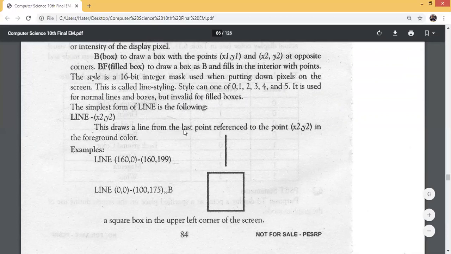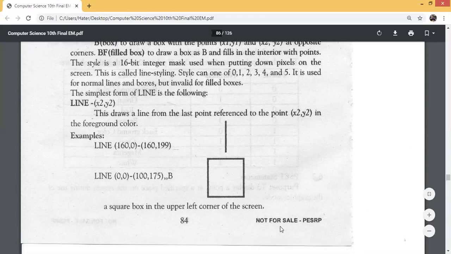अब ये लाइन x2 y2 से क्या होगा, ये आपकी लाइन जो है वो ड्रॉ हो जाएगी. ठीक है, ये आपकी अपनी मर्जी है कि लाइन को कौन सा कोऑर्डिनेट्स पूरे कंप्लीट देना चाहते हो या किस तरह से लाइन ड्रॉ करना चाहते हो. एग्जांपल देखो, LINE (160,0)-(160,199), LINE (0,0), इससे क्या होगा, ये जो ऊपर है इससे आपकी एक सिंपल ये वाली लाइन ड्रॉ हो रही है. ठीक है, और फॉर दिस कोऑर्डिनेट्स B लिखा हुआ है मतलब बॉक्स ड्रॉ करना है लाइंस के साथ, तो ये आपका पूरा एक स्क्वायर बॉक्स आपकी स्क्रीन पर ड्रॉ हो रहा है.